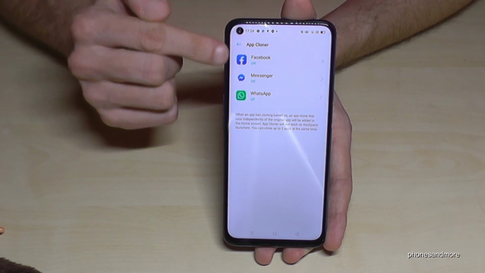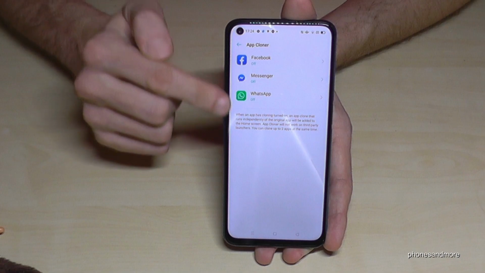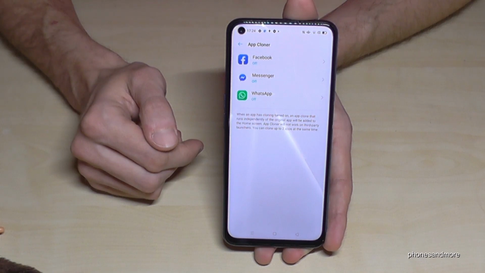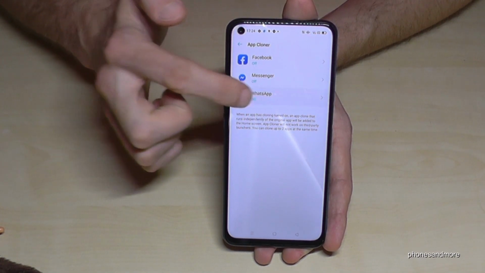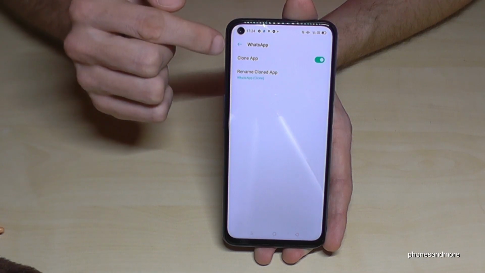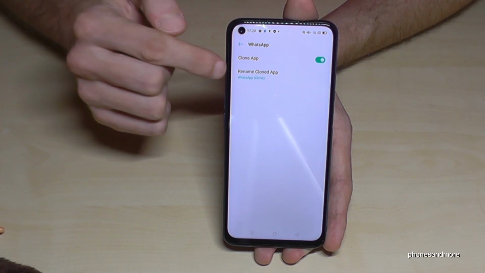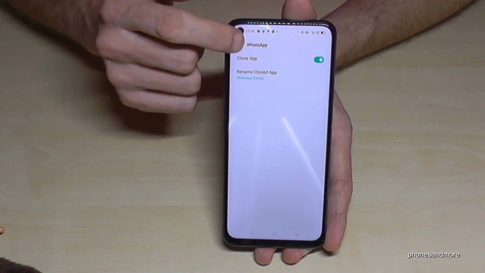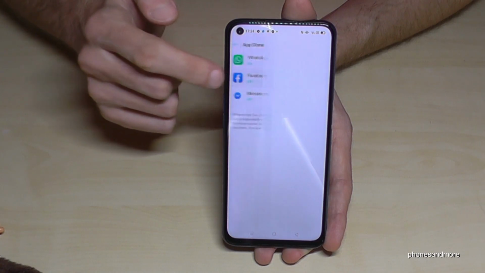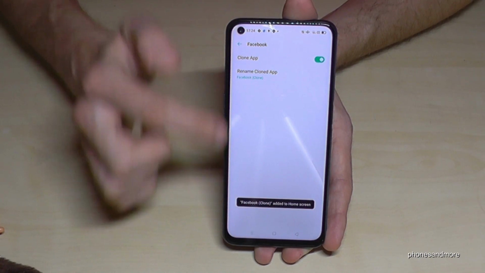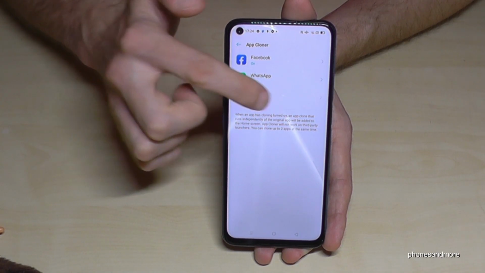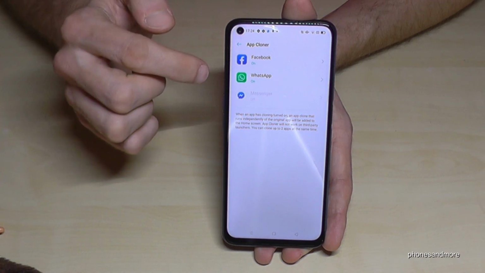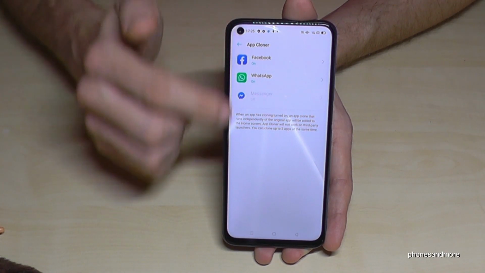And here you have a list of which apps are supported by this app cloner. You cannot clone all the apps, but most of them work. So like WhatsApp and Facebook Messenger. And yeah, if we now turn it on, we have cloned WhatsApp. So you can also rename the cloned app here if you want to give it a different name, but the symbol will stay the same. And yeah, let's enable all of them. So Facebook and Messenger then as well. Okay, the Messenger, I don't know why, but